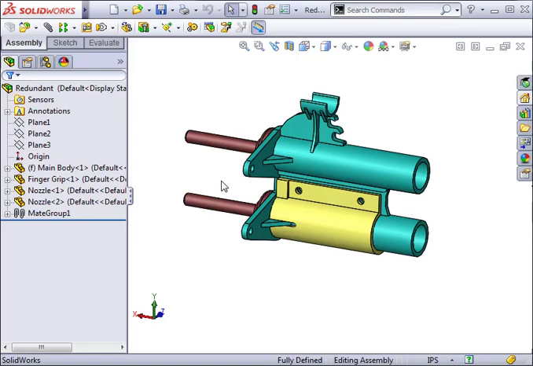Another challenging situation may involve replacing components in an assembly. Often swapping one component for another can lead to multiple mate errors. SolidWorks provides several tools for identifying and repairing mate errors. In these few lessons, we'll take a look at how these tools are best applied in certain situations. We'll begin with the most common situation, where you're the only person working on an assembly and you're faced with